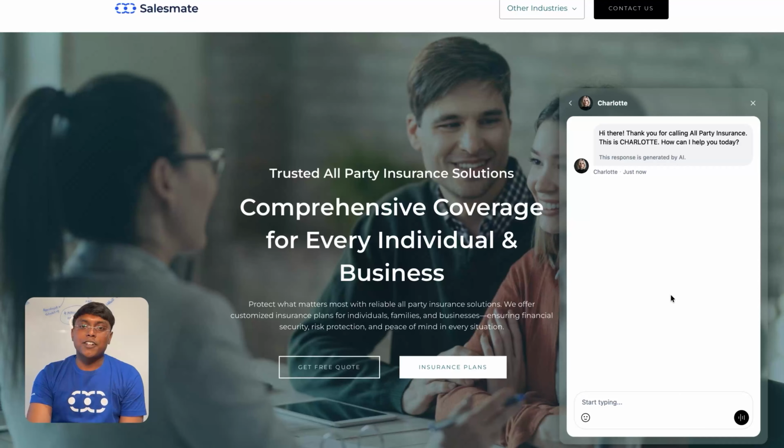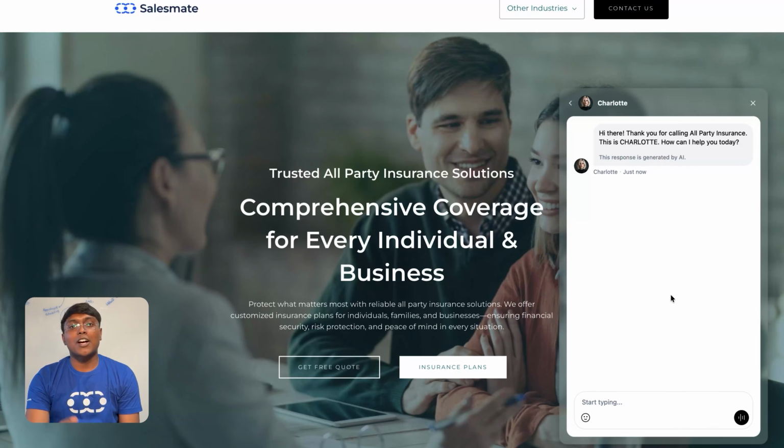Charlotte is your inbound agent, and she is active on voice, meaning she answers actual phone calls. She's on your website via the chat widget you can see right here. And here's something really clever. If someone is browsing on your website on their phone, they can actually tap a button and talk to Charlotte. So that's voice right from the web page. No app, no download, just a conversation.